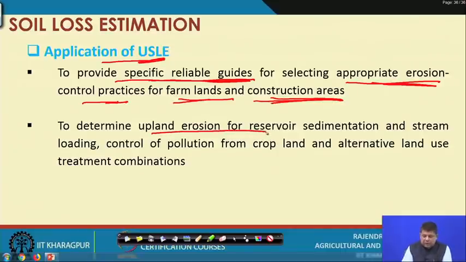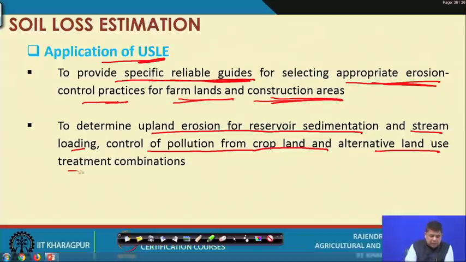Determine upland erosion for reservoir sedimentation and stream loading, control of pollution from cropland, and alternative land use treatment combinations. So, obviously, we know one of the ill effects of erosion is that it fills the reservoirs or storage structures, or stream beds also, because ultimately whatever soil is eroded reaches the streams or the storage structures like reservoirs. So, if you want to maintain the life of the reservoir, or keep the river cross section free from sedimentation,